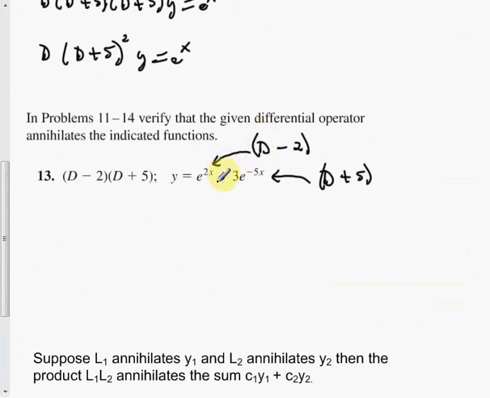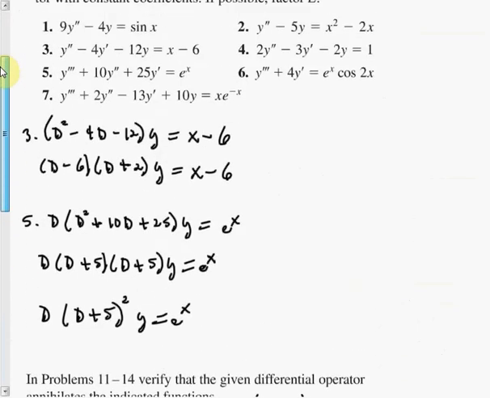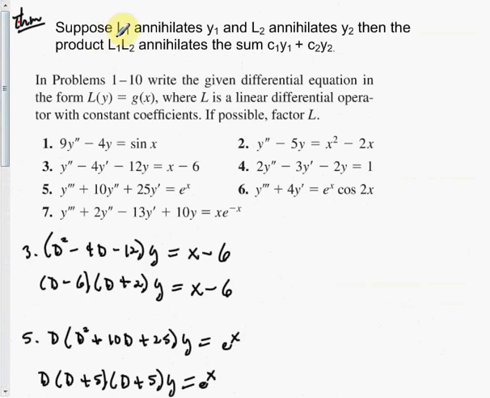So this is a sum, right? This is e^(2x) plus 3 times e^(-5x). So the sum is said to be annihilated by the product of the differential operators. So that's why they have (D - 2)(D + 5) annihilates the sum. And they are referring to this theorem up here, that if L₁ annihilates y₁, and if L₂ annihilates y₂, then the product L₁ times L₂, which you get